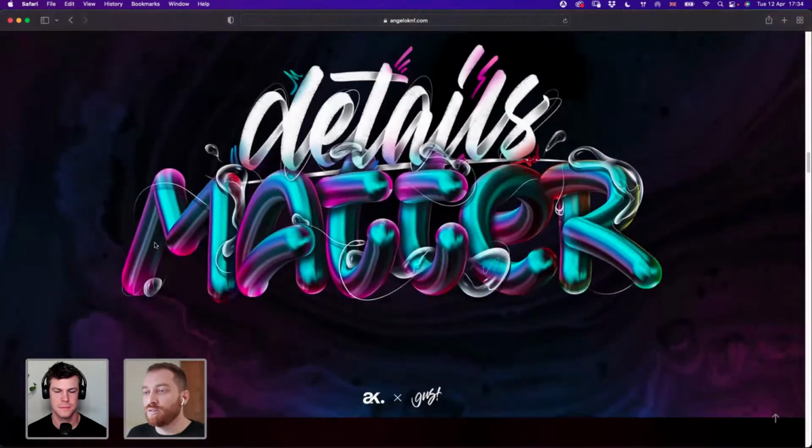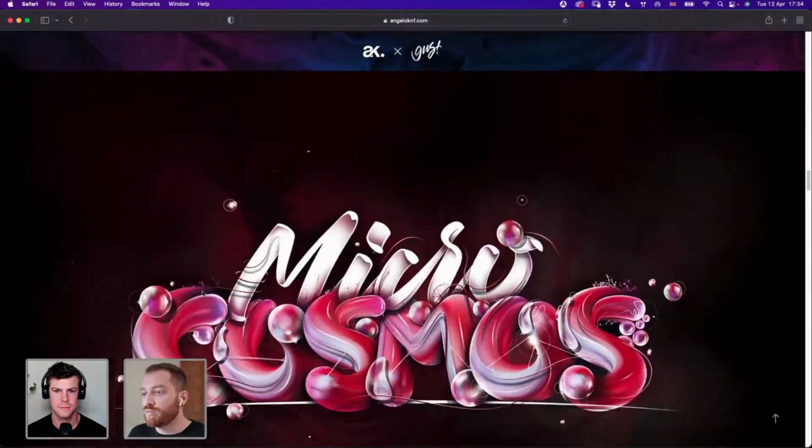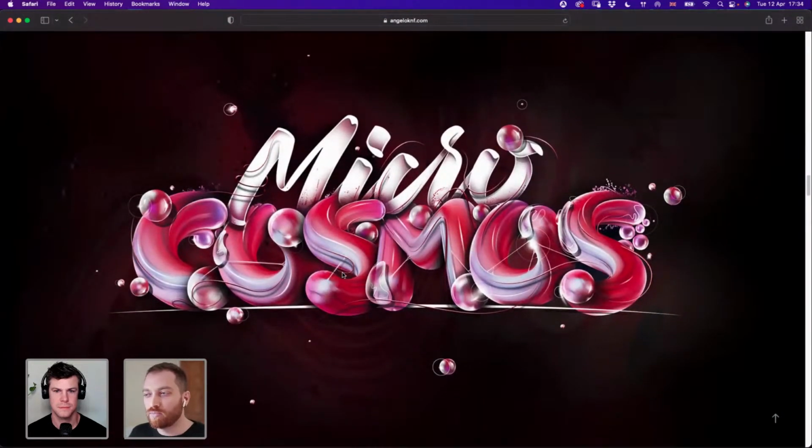For example, similar effects like this, maybe some bubbles, maybe some lines like this, or some shadows on the top word. By the way, the top word was created in Illustrator, so I had a photo of it with a sketch, and then we vectorized it in Illustrator with a pen tool, and then we transferred it to Photoshop, so we combined those two words together.